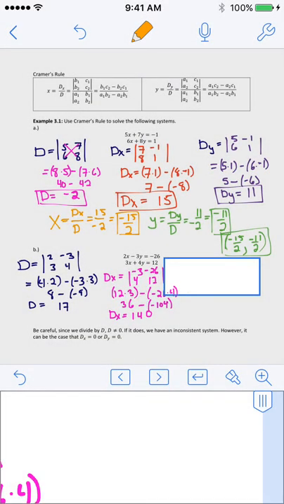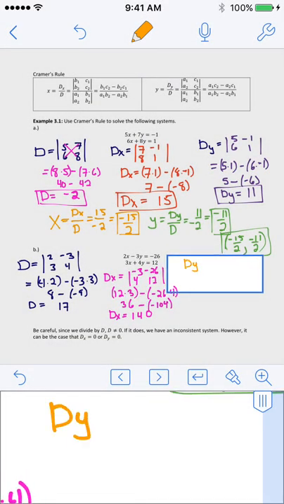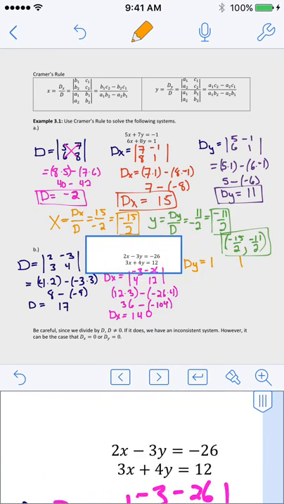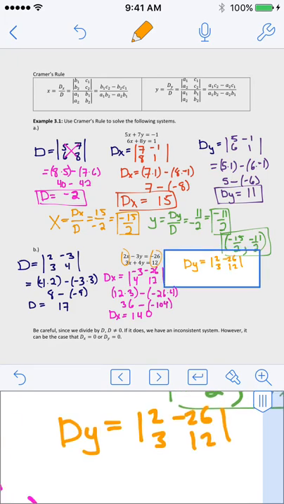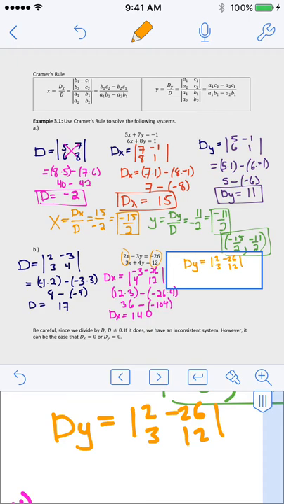Sweet. Alright, moving right along. We've got dy. Everything that's not a y, right? So this one is kind of the 50-50. So I'm going to need all the stuff on the left-hand side and all the stuff on the right-hand side. So 2 and 3, -26, and 12. Alright, and then the determinant of that's going to be 2 times 12